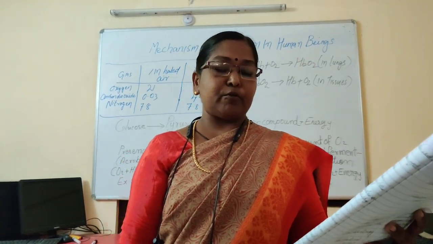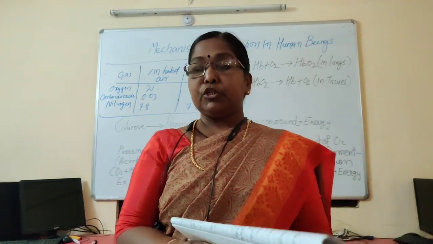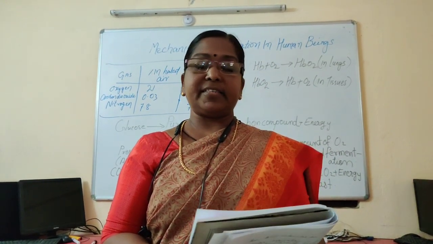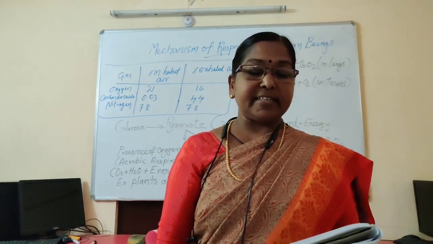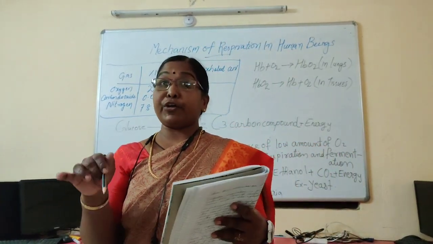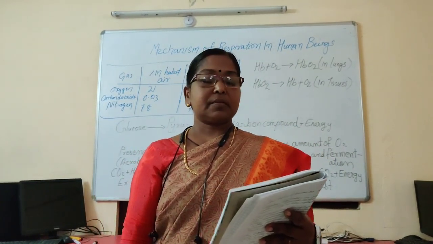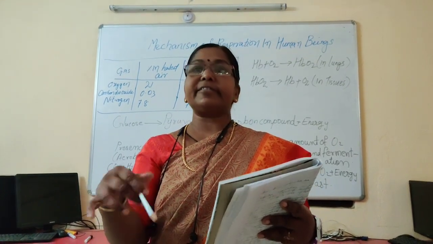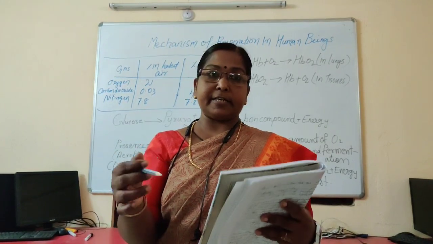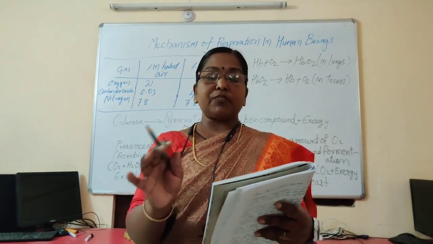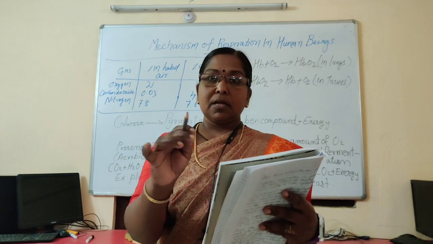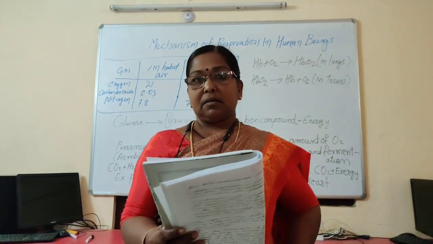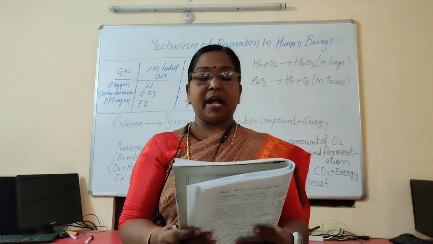Each ATP molecule gives 7,200 calories of energy. This energy is stored in the form of phosphate bonds in the cell. If the bond is broken, the stored energy is released. Whenever energy is needed, the phosphate bonds will break, then much energy is released, and the body can use this energy.